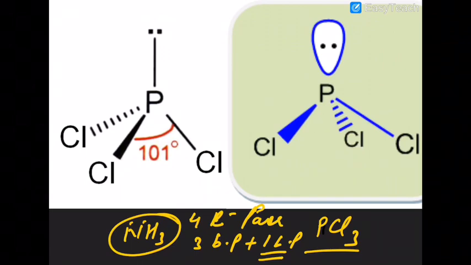Why is it so? Because in the case of nitrogen, the lone pair is closer to the central atom, but in the case of phosphorus, the lone pair is slightly away from the central atom. The second important thing is that in ammonia, in nitrogen, the lone pair is present in smaller 2s orbitals. But in the case of phosphorus, it belongs to the third period. So the orbital size is greater.